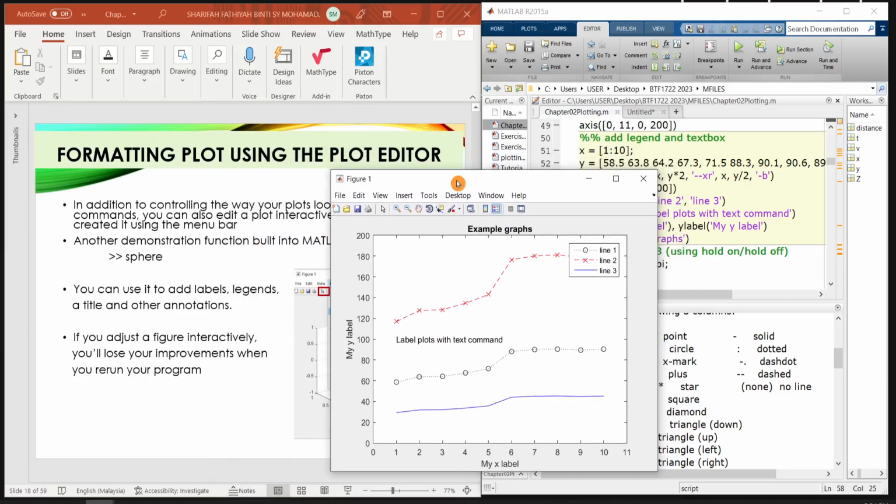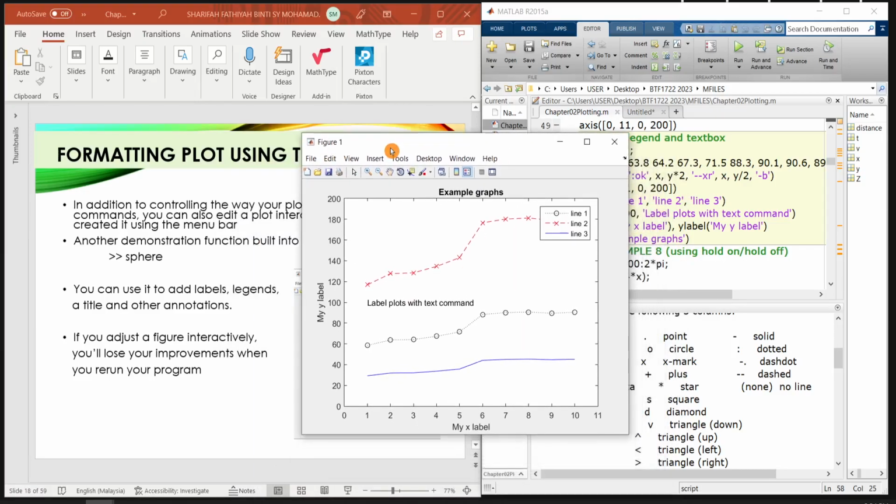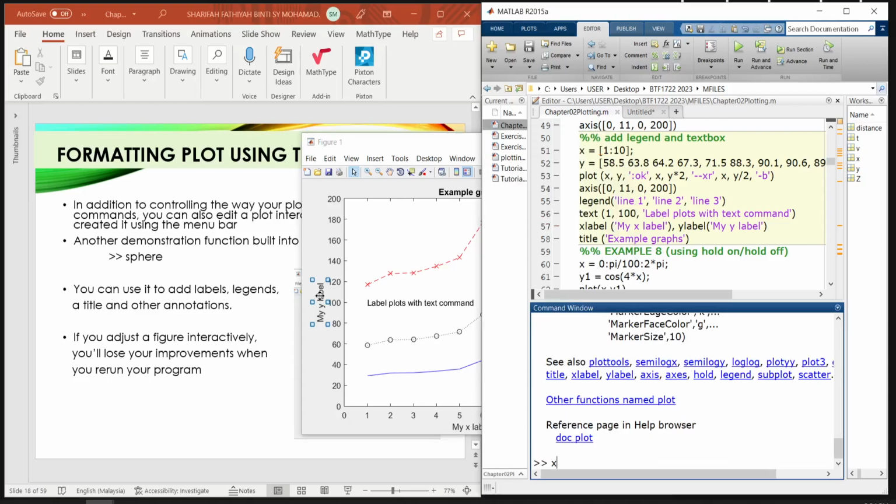The plot editor is here. Every time the figure window pops out, you can click this arrow to edit your plot. With this you can change the label,